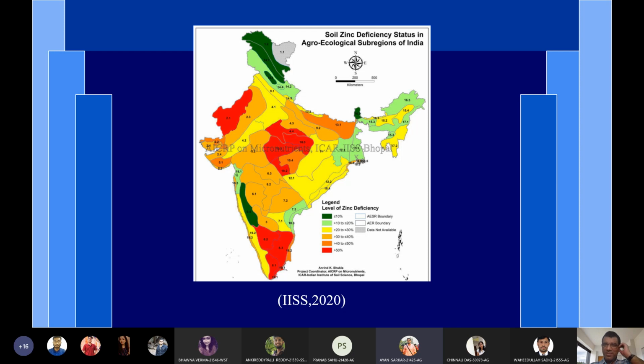I think I just flashed it. There is some mistake in this, or we need to see it, because I just flashed that point. I did not emphasize that point. I need to see it again, dear. It does not look to be good because in most cases it is continuous flooding where we get zinc deficiency. If we get alternate wetting and drying, there should not be zinc deficiency because under alternate wetting and drying, zinc availability will increase.